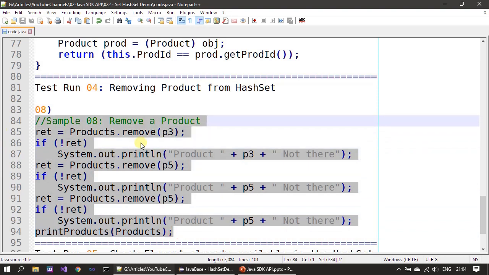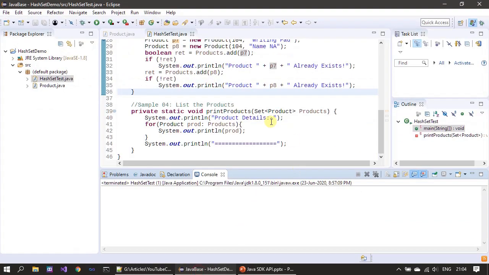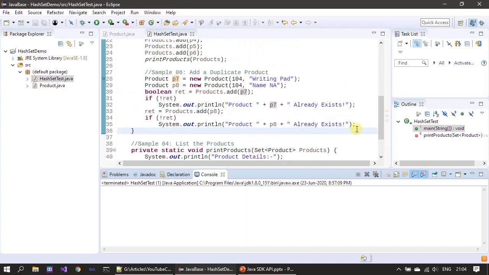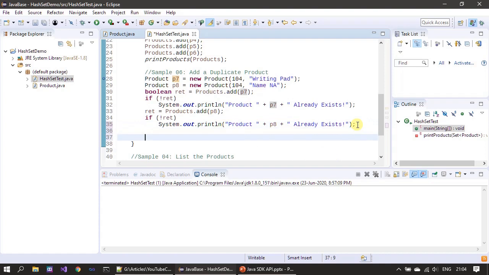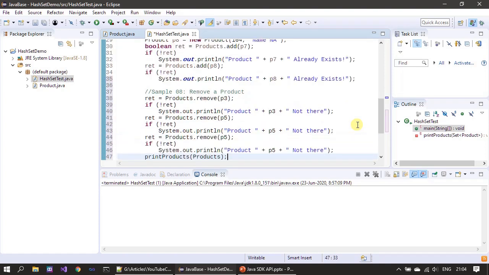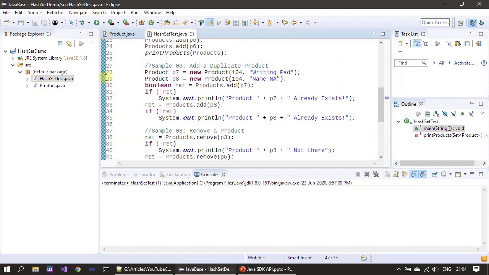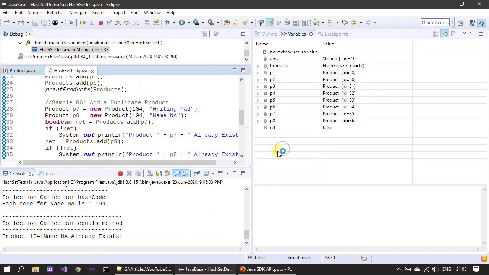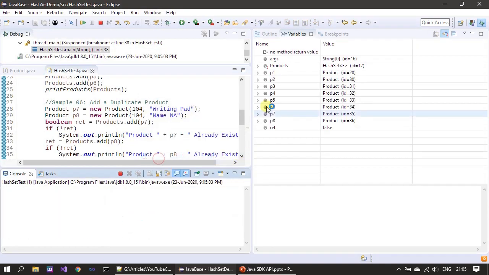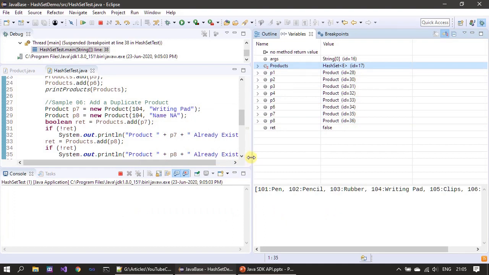Now we will place this code. So this is our code snippet 8. Code snippet 7 is there in the product class. So we kept our code snippet 8. Now we will remove this breakpoint and place one here. Once again, we will start debugging it. So here is our